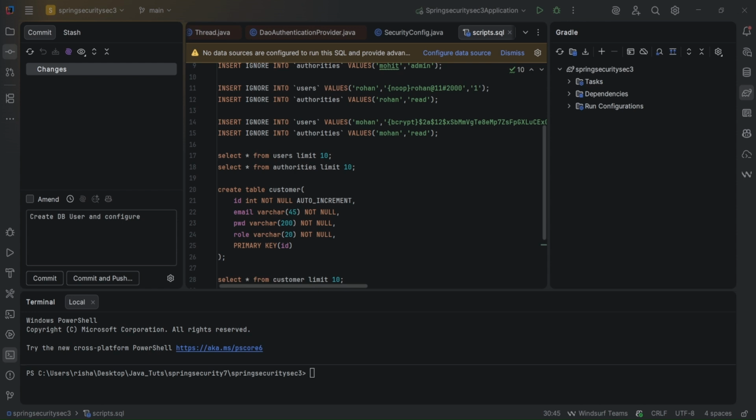So in the next lecture, we will see how we can use this custom table inside our code to authenticate